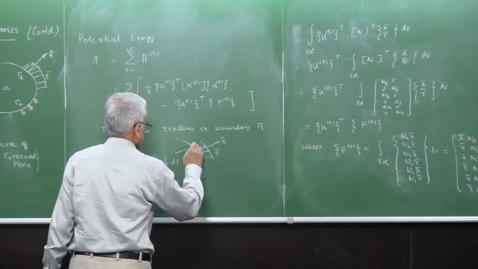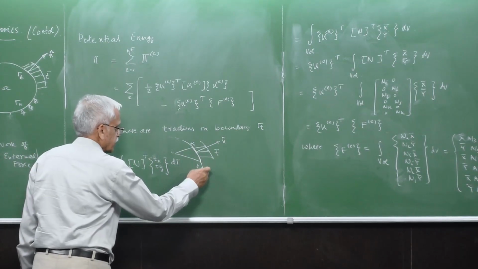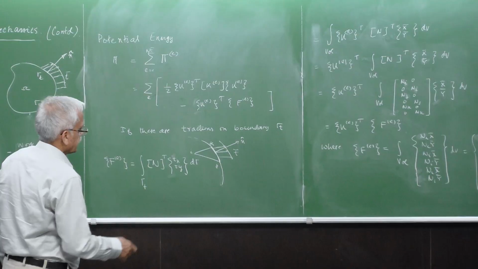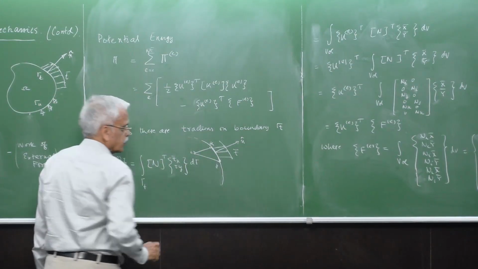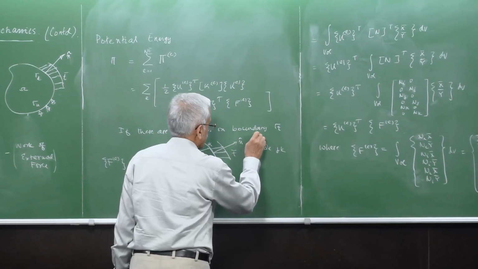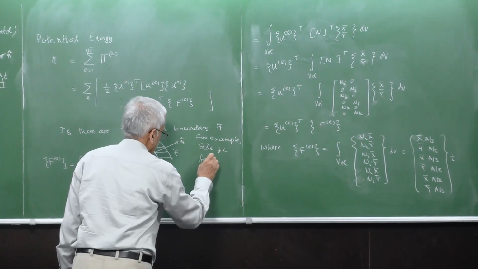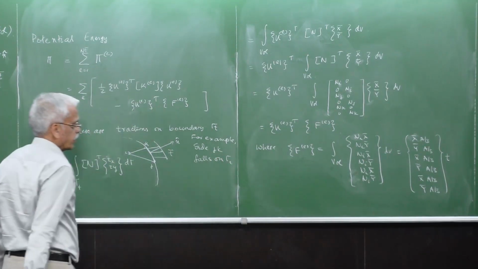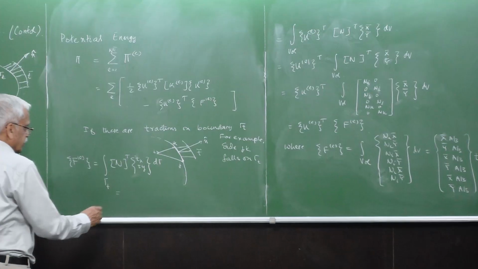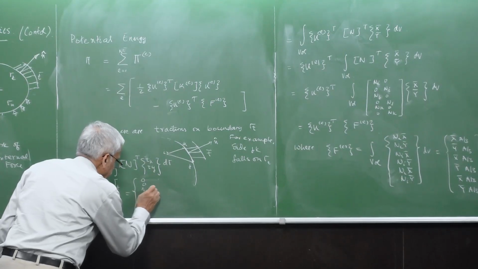So if there is a triangle IJK, whose side JK falls on the traction boundary, then without too much simplification, we did this once before, and this is 0, 0, SJK by 2 TX,